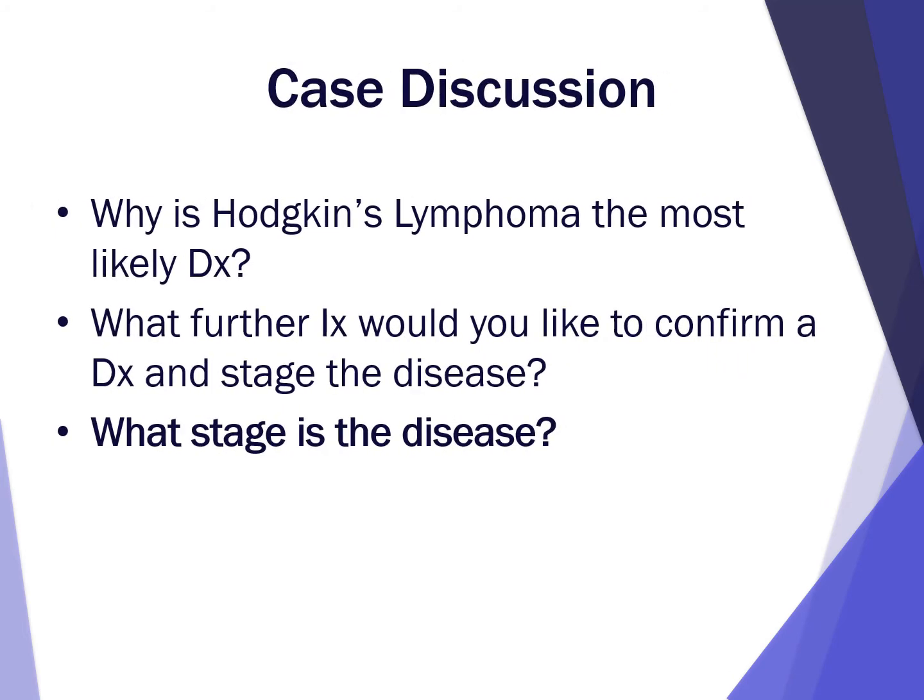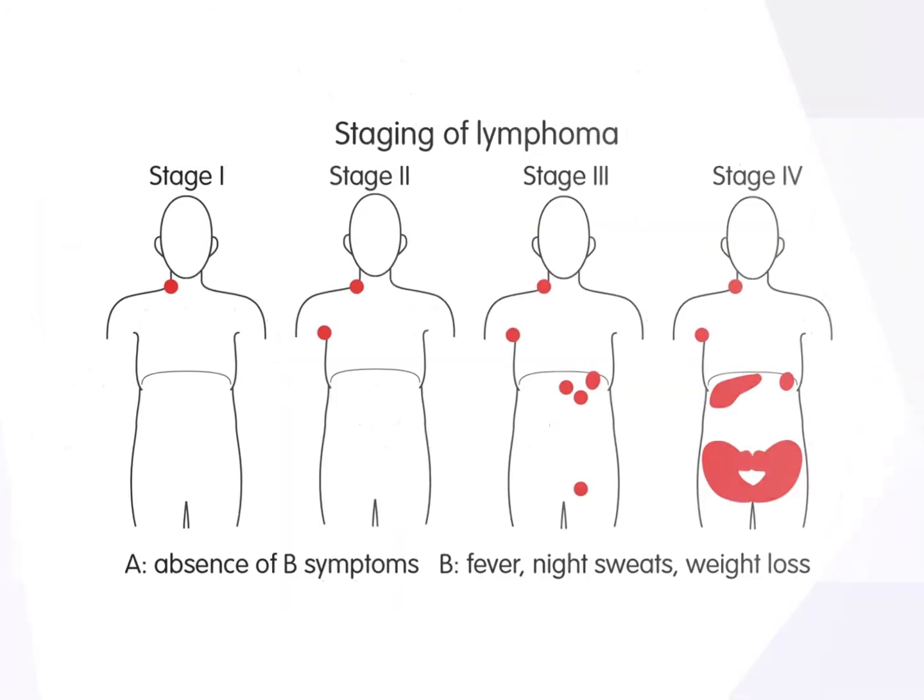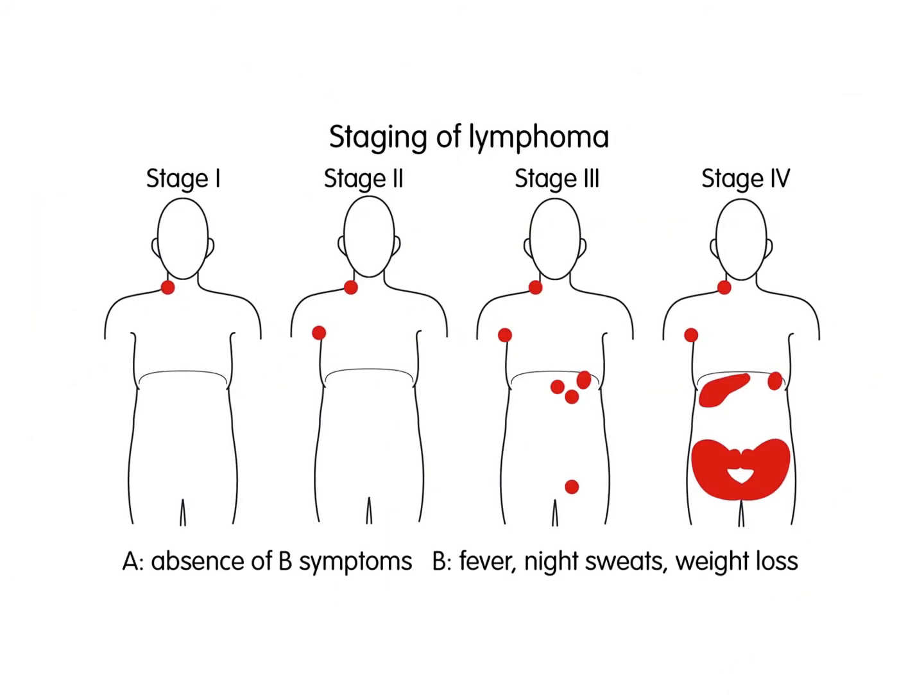This brings us nicely on to our next discussion point in asking what stage of disease this patient has. For the staging of lymphoma, the diaphragm is an important anatomical landmark. If you have disease in one lymph node area on one side of the diaphragm, you have stage 1 disease, and if that spreads to 2 areas of lymph nodes, then that's stage 2. If you then have lymph nodes affected on either side of the diaphragm, you have stage 3 disease, and if